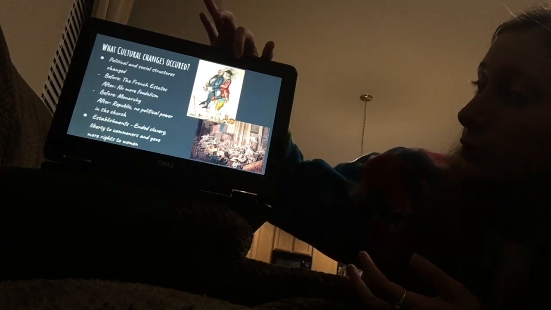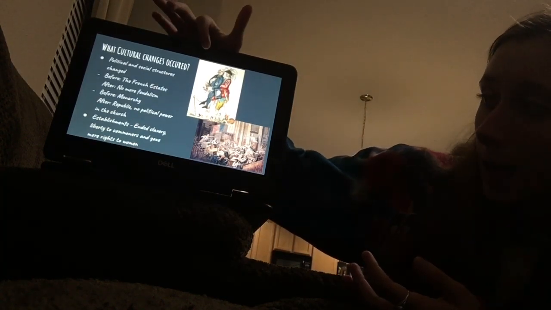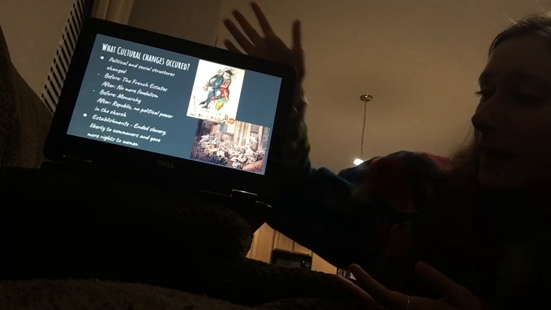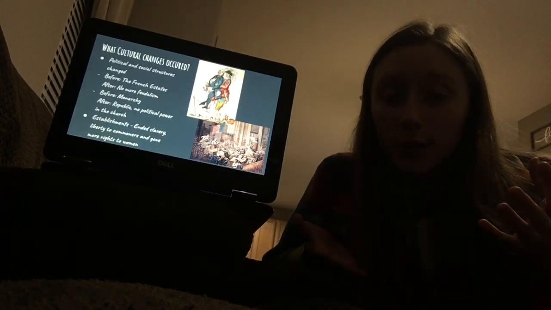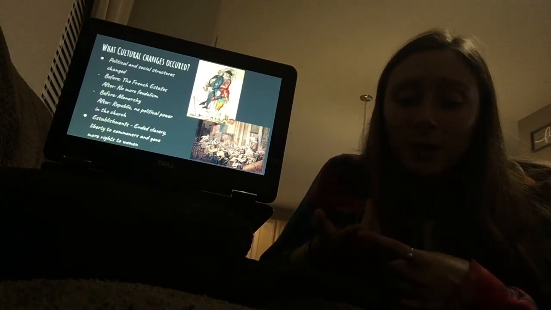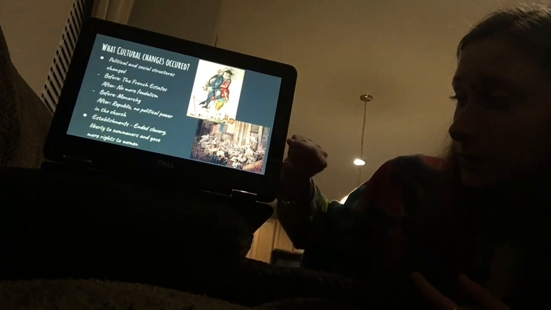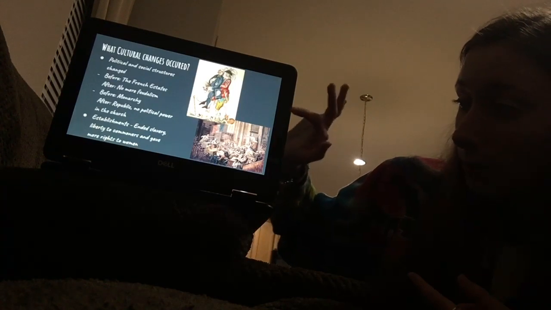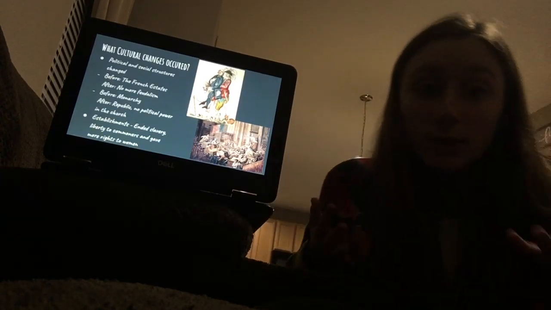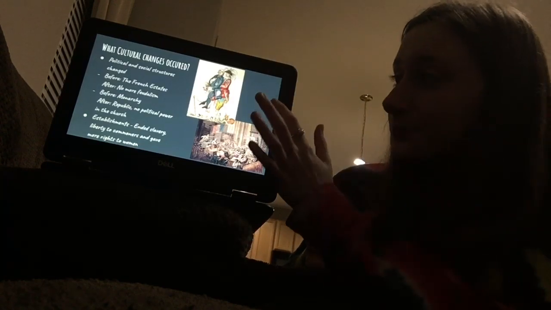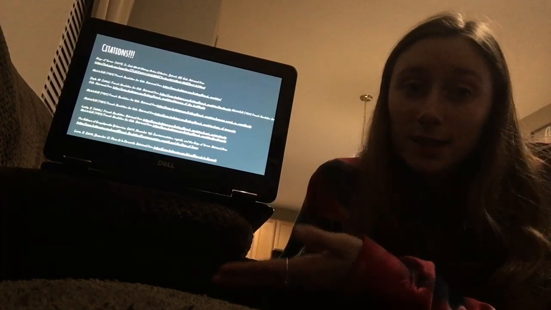These are the royalists and priests, and they're on a commoner. And then lastly, there were establishments made and new ideas. They ended slavery. They gave more rights to women, which can be seen here. These are all women debating. And they also gave liberty to the commoners. And these are my citations.